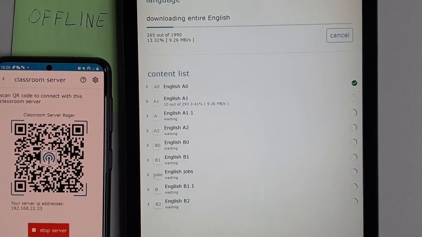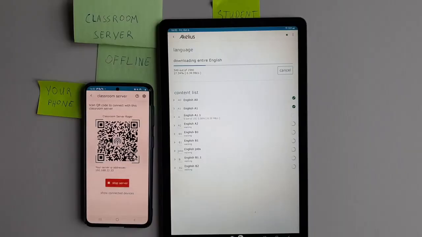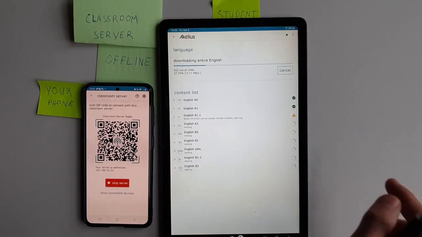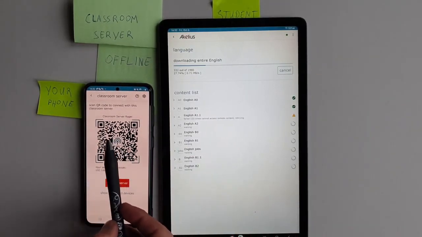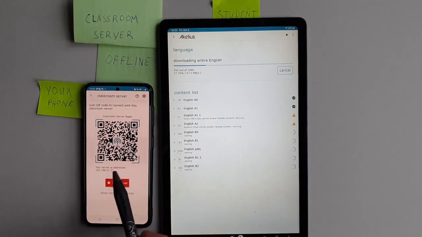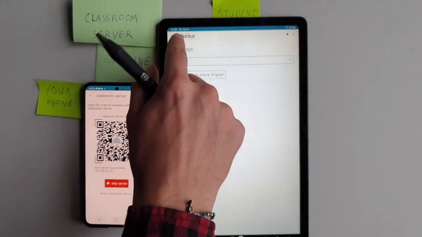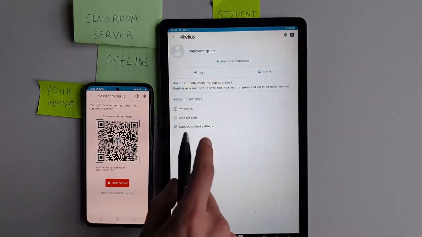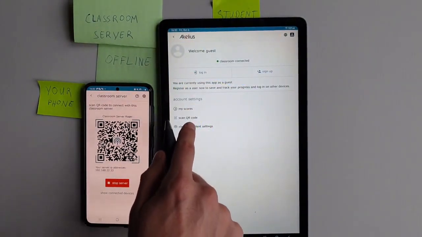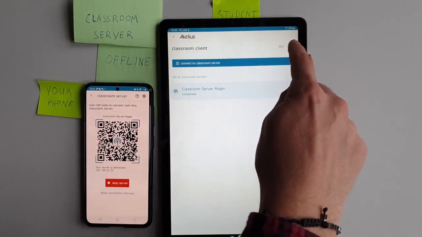So we downloaded the A0, we wait for A1. So now that the whole English is downloaded, we cancel it because it will fail. We don't have here the offline content for A1 or A2 and the rest, so we just cancel the process. So now in the student, we will go here, back, then we will click here to the classroom client settings, and then here now we go out of the classroom,